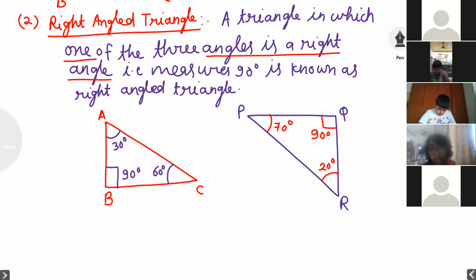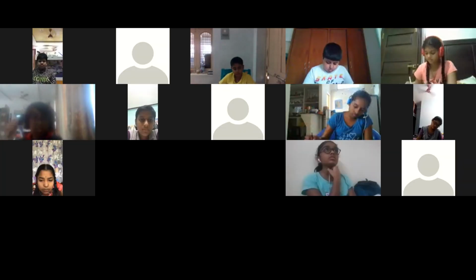What is obtuse angle triangle? In a given triangle, if at least one angle is greater than 90-degree, that is called obtuse angle triangle. In a given triangle, if one angle is greater than 90-degree, that is called